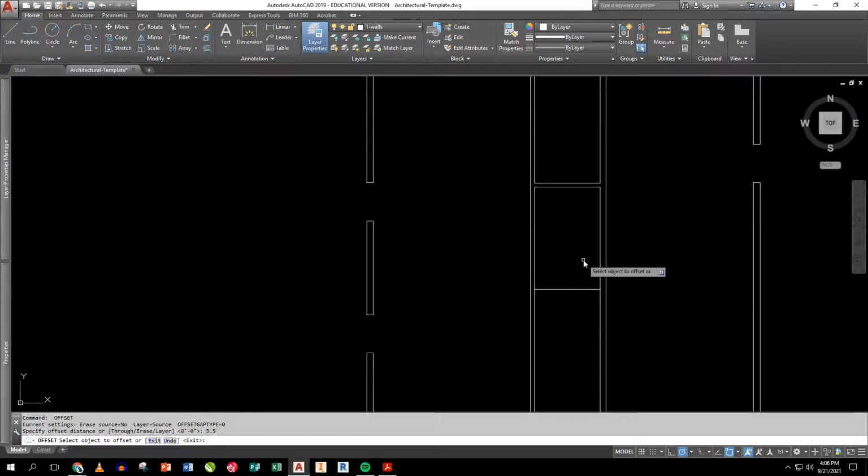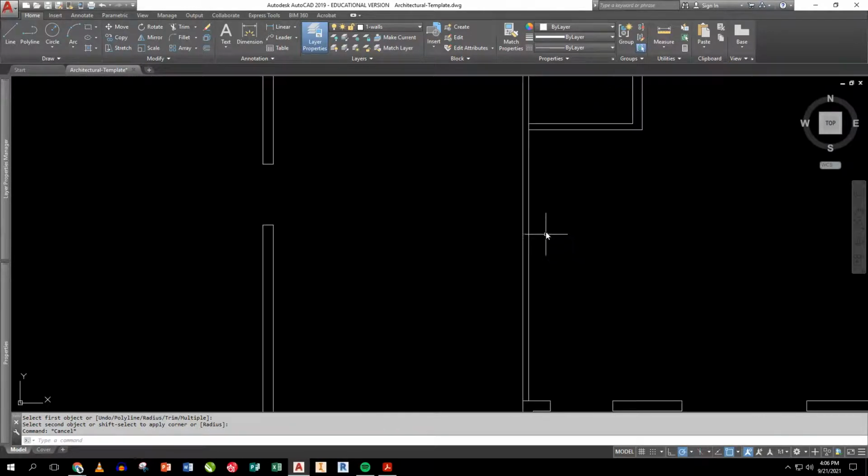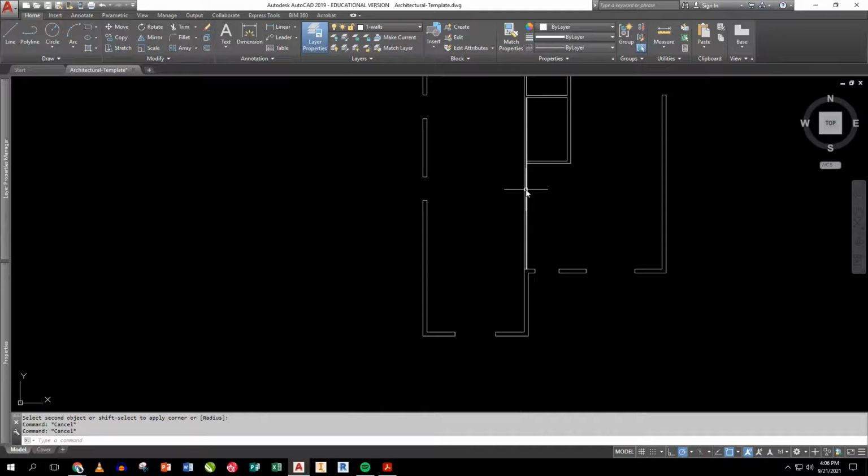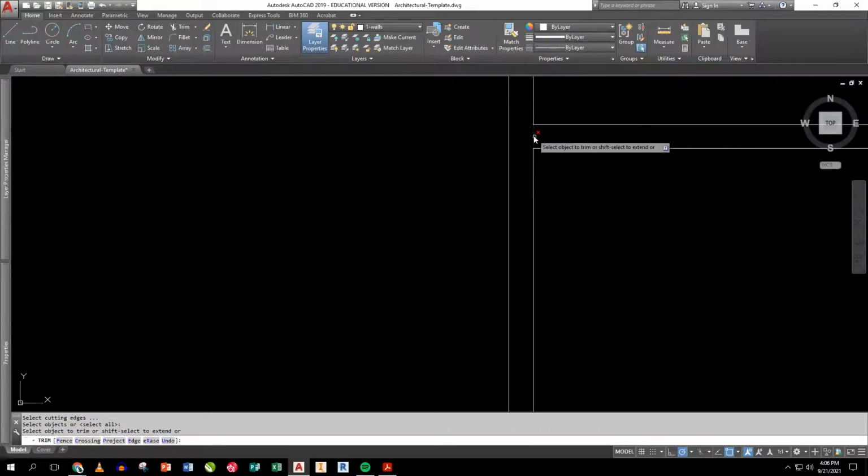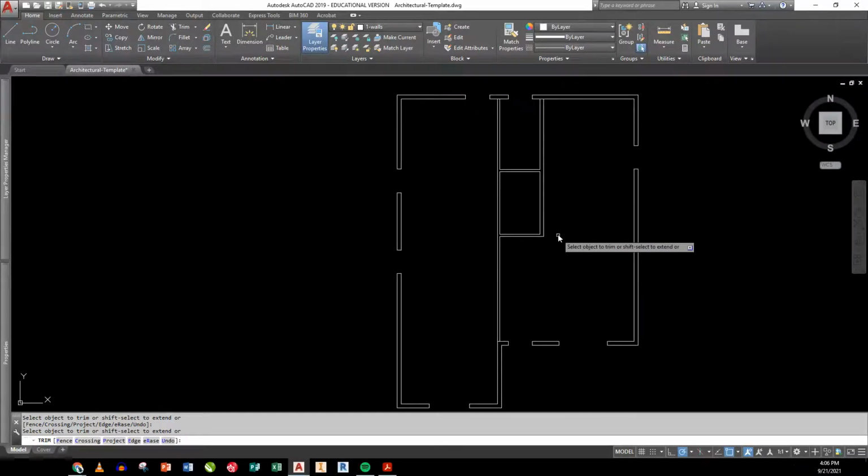Offset 3.5 because this is not a plumbing wall again, like so. And I can now go fillet this line to that line and this line to that line, and that squares off that, leaves the partition all the way down through the house. Okay, I can trim by typing trim, enter, enter, pick out that piece I don't want, and I'm almost there